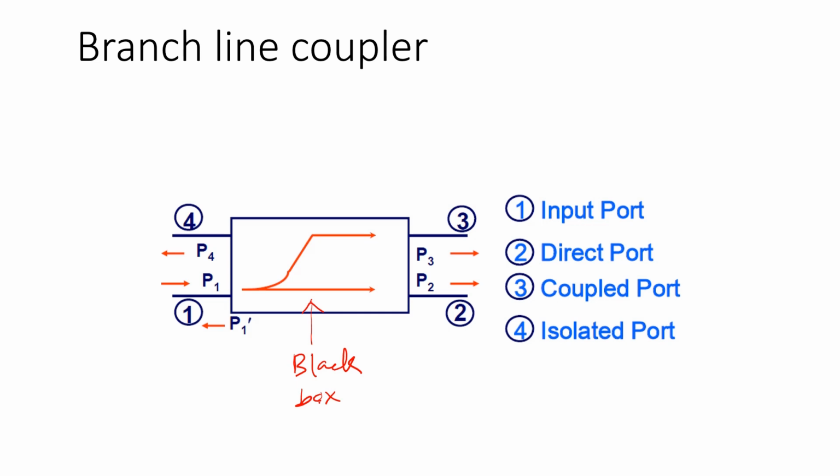It has 4 ports: port 1, port 2, port 3 and port 4. Few of you may get confused about how there can be port 4. You may say it is a 2-port network, this is port 1, this is port 2. But let me clear your confusion. You are right, it looks like a 2-port network, because in our earlier videos we used to see it like this. We used to draw a box and say this is our 2-port, because each port needs 2 lines, signal going and signal coming back. So we used to say this is our port 1 and this is our port 2.